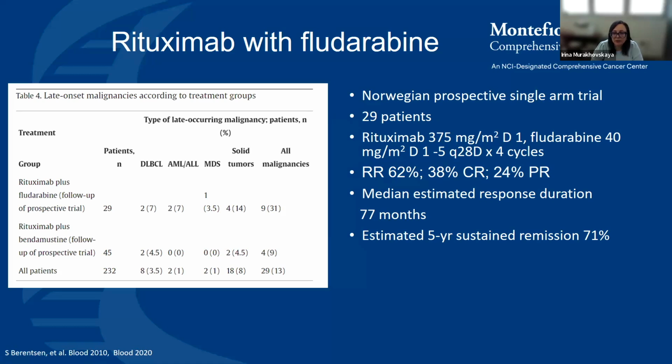The response rate was significantly improved at 62%, with 40% being complete responses and a median response duration of 77 months, with an estimated 5-year sustained remission rate of 71%. However, there was a significant number of late-occurring secondary malignancies, both hematologic, including diffuse large B-cell lymphoma, acute lymphoid and myeloid leukemia, as well as myelodysplastic syndrome, as well as solid tumors, making fludarabine a less desirable choice for